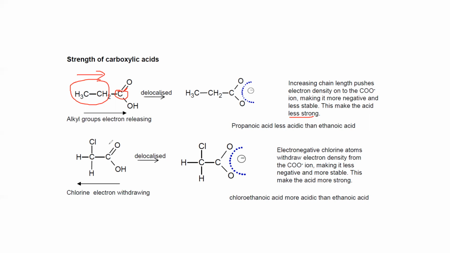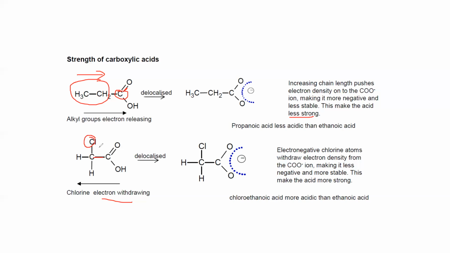But if, for example, a carbon chain is there which is having chlorine, chlorine is an electron withdrawing group, meaning it has a tendency to accept electrons. The electronegativity of the chlorine atom withdraws the electron density, which makes it less negative and more stable, and this makes the acid stronger. So if the side chain of an acid has an electron releasing group, the acid will be weaker. If it has a group such as chlorine or fluorine, which are electron withdrawing groups, then it increases